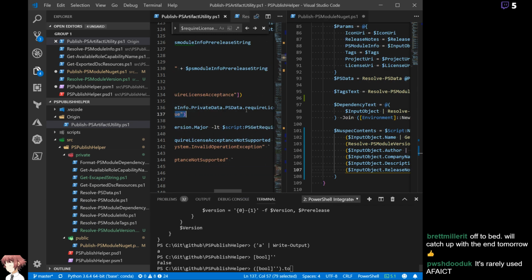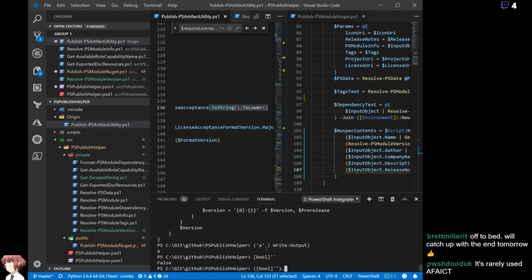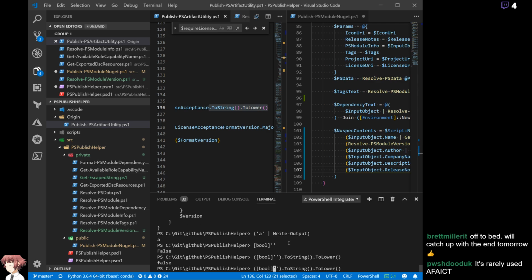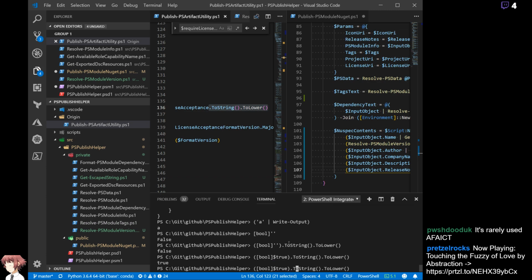Yes. I think I can cheat on this, just because of the way PowerShell is. Yep. If I do bool on null, does it screw up here? Awesome. All right, so I can basically, yeah,